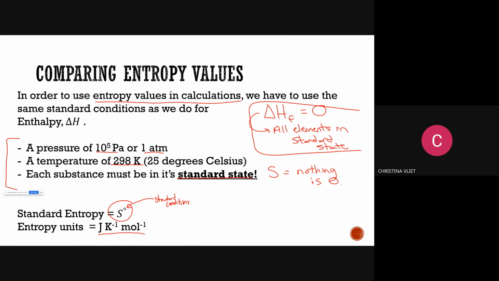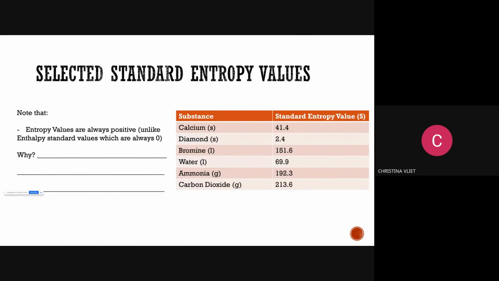All right, so our entropy units, be aware of these. It's joules over Kelvin times moles. Joules is regular unit of energy. Kelvin is temperature, right? And moles means we depend on amount, meaning anytime moles enters the discussion, could we change the amount of moles and change the amount of entropy? Totally, right? All right, so let's take a look at some entropy values. These are given to you, and see if we can make some comparisons.